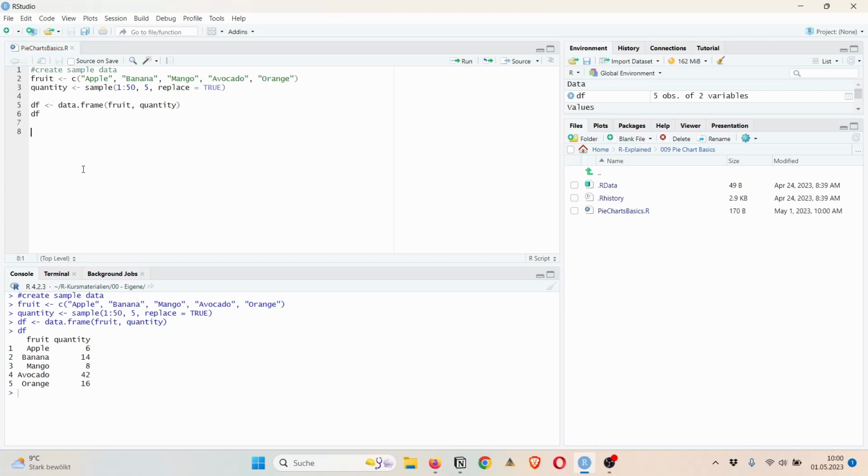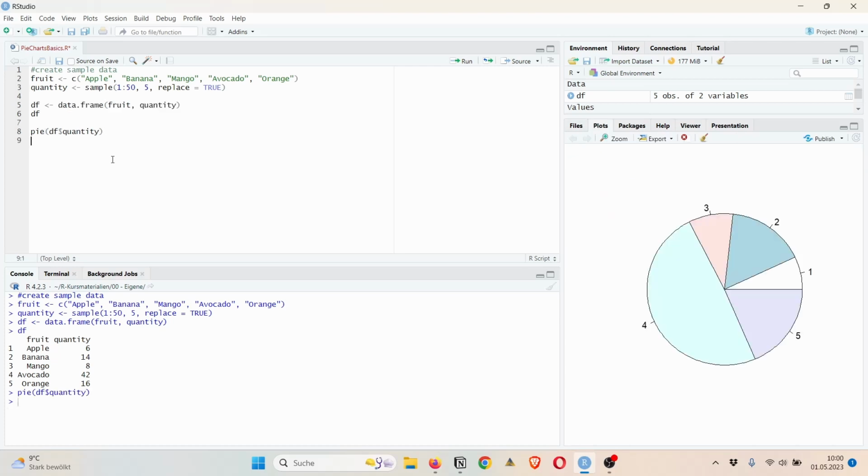So what we can do is use the pie function. That's the function that we use to create a pie chart, and we can start off by just passing the quantities, and there we go. We already have a very basic pie chart, but we can go ahead and